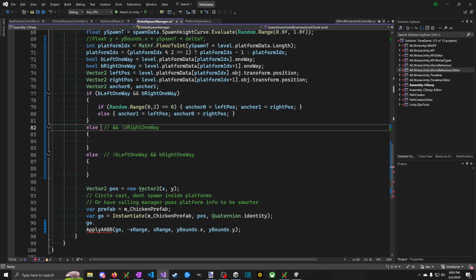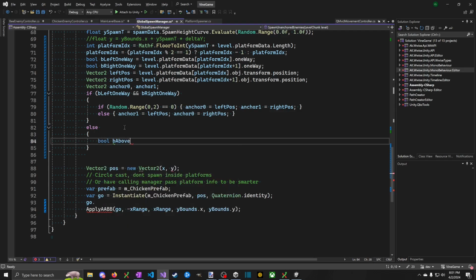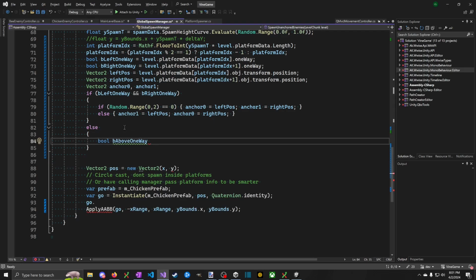Yeah, I guess we can say above and below are still always +2. It doesn't. Oh wait, no, but I collapsed down to the left, so no, that's not true. So we have to say if it's left one way, then